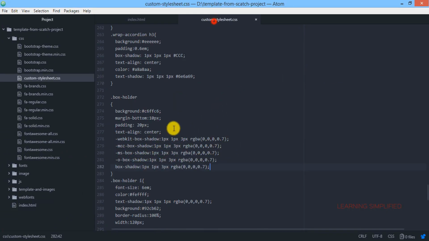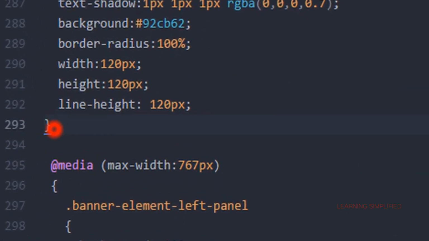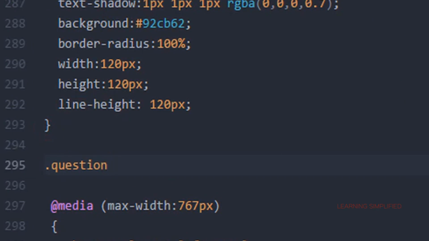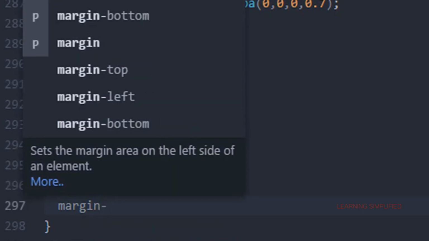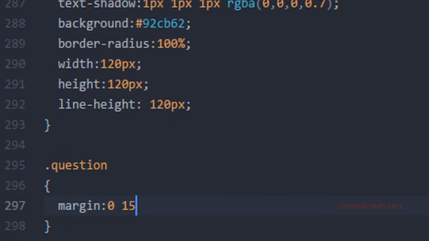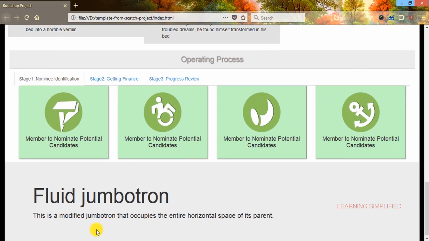Now all we need to do is get back to the custom style sheet, and here we will be creating this question class, this question selector name, and we will be providing a margin of, say, 0.15 pixels for the time being. Now let's get back to our project and reload.